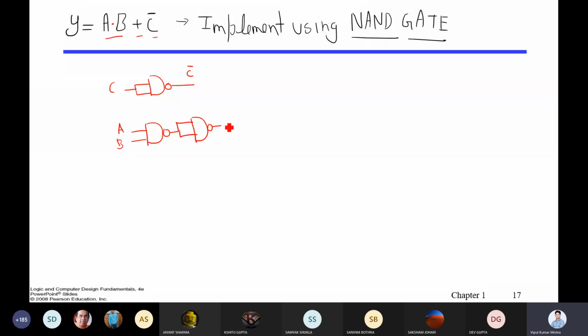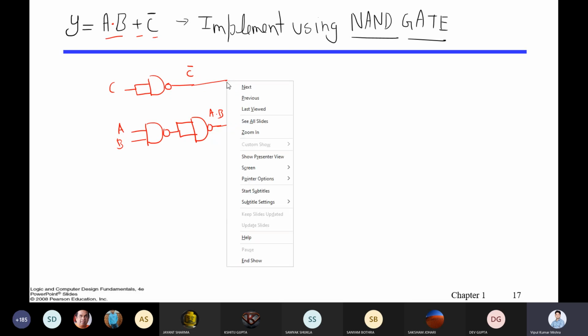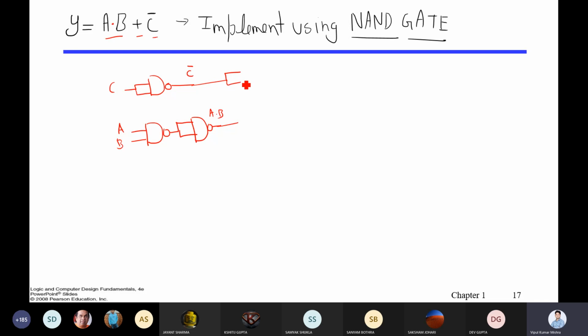So here A and B. So you got A dot B here, right? And you got C bar here. Now what you have to do? You have to do an OR in between. Same way we have done OR and done. So this will give you A dot B plus C bar.